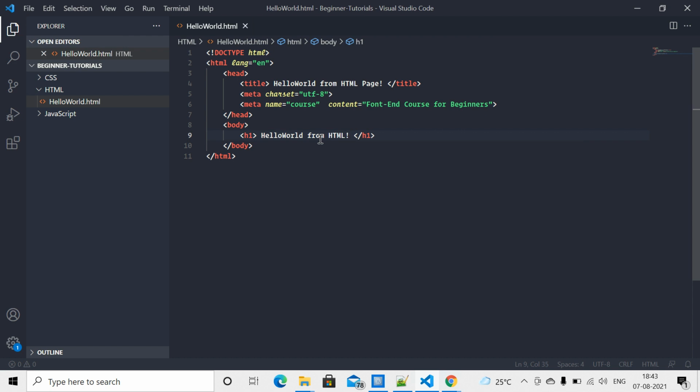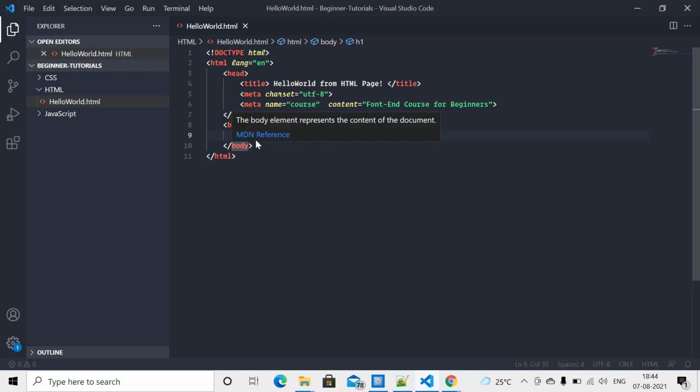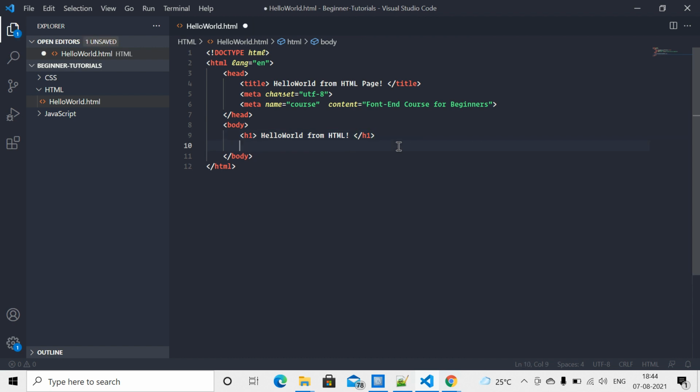I'll save it and let's check how it looks here. You see, hello world from HTML. So basically there are 6 heading tags in HTML. They start from h1 and they end at h6. Let's say I copy this part and I paste it 6 times,